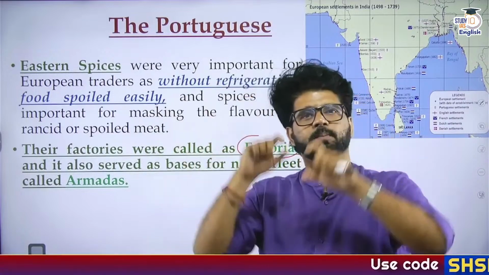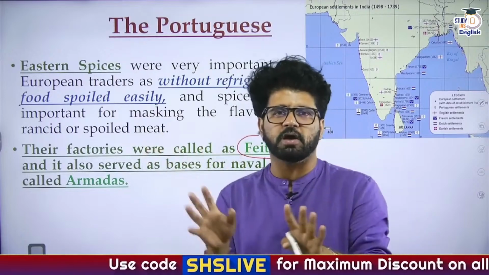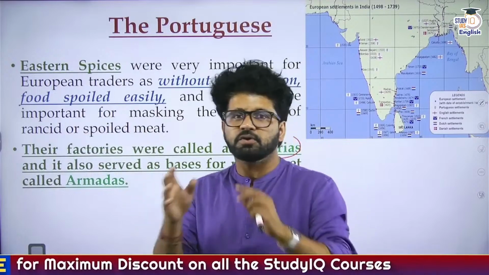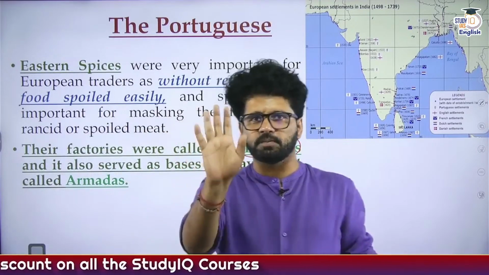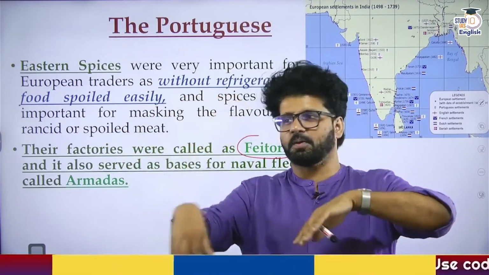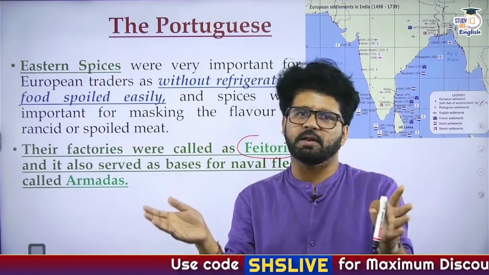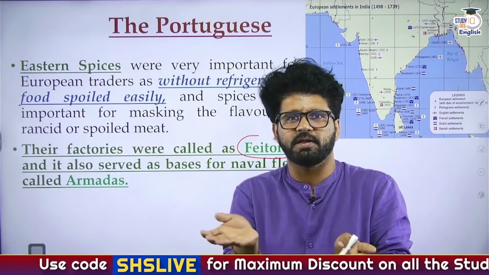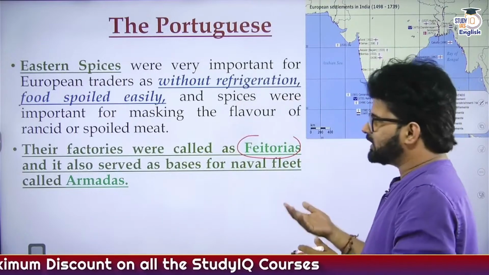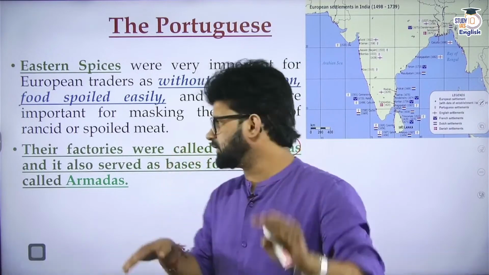So please understand, permission had to be taken. There was a meme also in Gangs of Wasseypur, but we will talk about the Cartaz system, because of which terror will emerge in the Indian Ocean. Because if you don't follow that, and if you don't take a pass from these Portuguese people, they will sink your ship in the ocean. So that ship will be drowned and you will lose all the property you are carrying from one place to another. So they had a virtual monopoly, and that thing will also happen after a battle which will be fought around 1509. We'll talk about that particular battle.